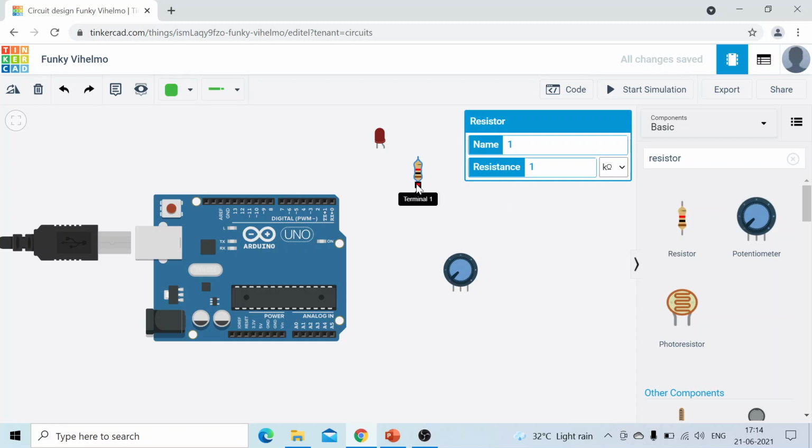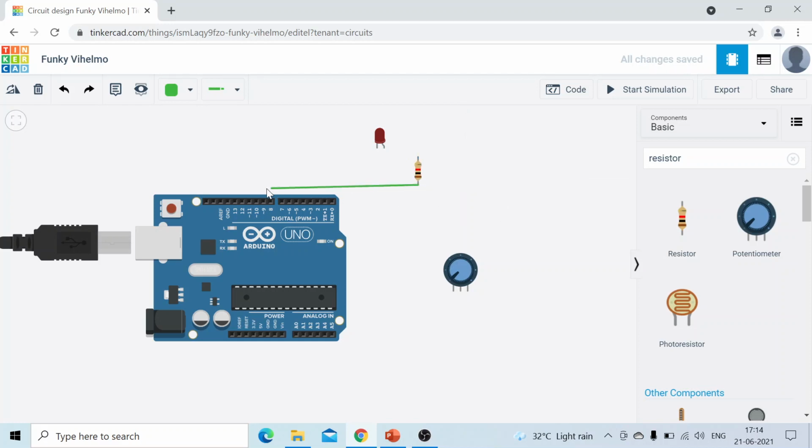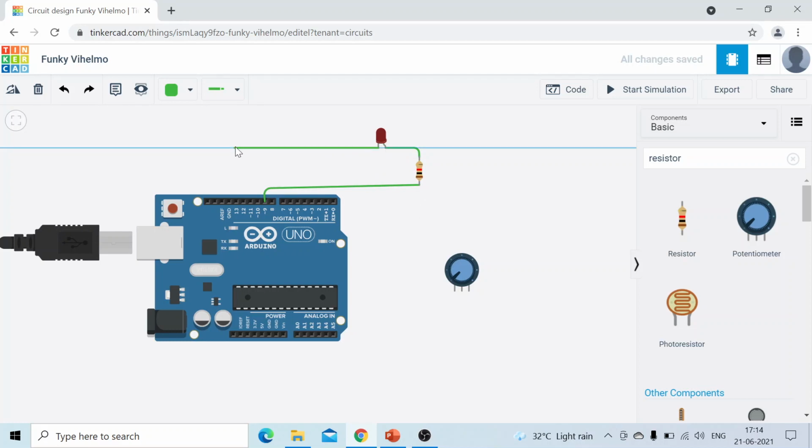We directly connect the second terminal of this resistor to pin number 9. The first terminal of the resistor is connected to the anode of the LED, and the cathode is connected to the ground.